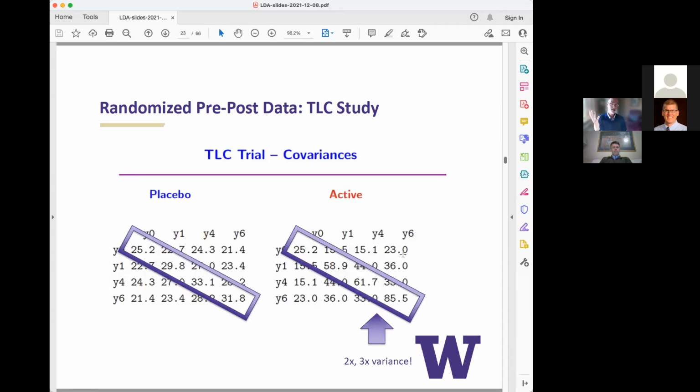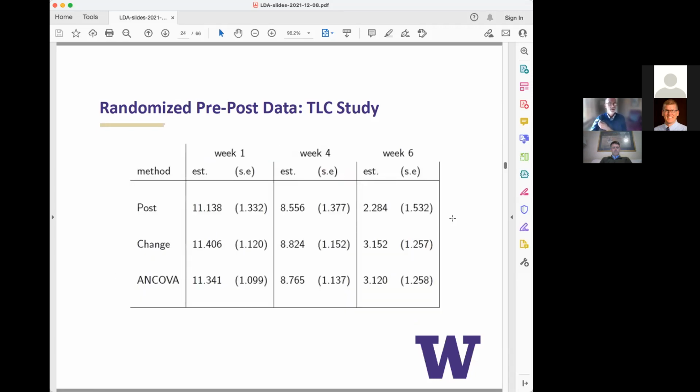If I look at the variances in these two groups, what's the variance? Perfectly equal at baseline. That's sort of lucky statistically, but a 25-unit variance at baseline. In the placebo group, the variance grows to 30, 33, and 32. In the active group, the variance jumps to 60, 62, and 85 at week 6. So notice we focused our inference on differences in means. We've talked about different fundamental strategies for evaluating those means. What are the strategies and what are the guidances for thinking about the correlations and the variances? All right, this is a demonstration.